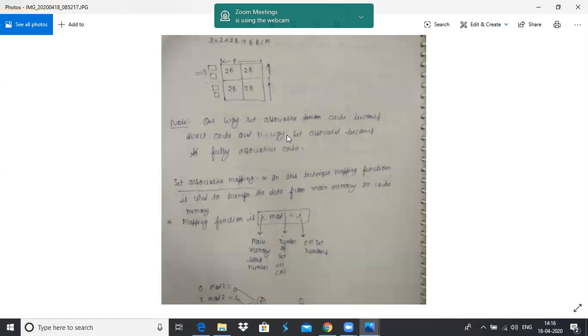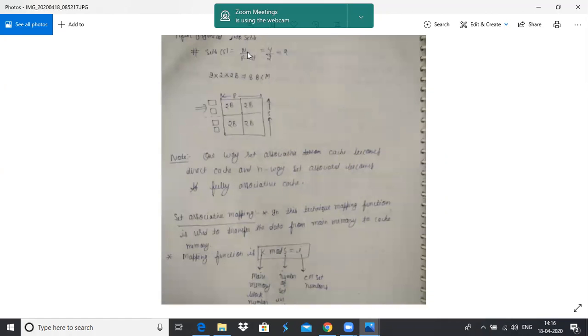The number of sets in cache memory is equal to n divided by p way. Here you are using 2 way set associative mapping. So 4 divided by 2, where the number of lines in the cache memory is 4, becomes 2. And the number of sets in the cache memory is 2 sets. Each set contains 2 lines of the cache memory, and each line contains 2 bytes. So what is the size? It also becomes 8 bytes.